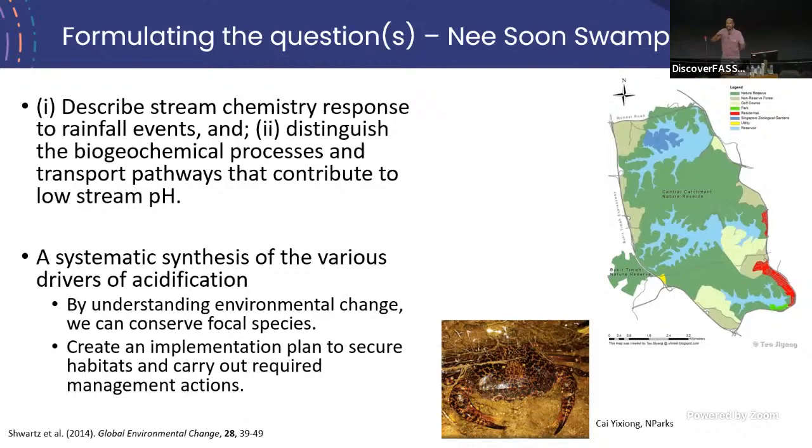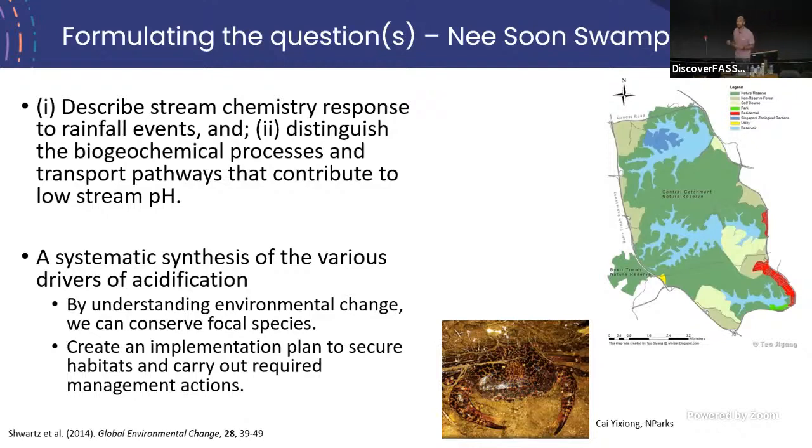So how is it getting there? How is this low stream pH happening? Which pathways are contributing to the low stream pH? And this is where I've put this reference here, to remind myself to talk about how this paper looked at about 787 papers that it synthesized. One of the key conservation questions they revealed was that many of these papers basically lack empirical research.